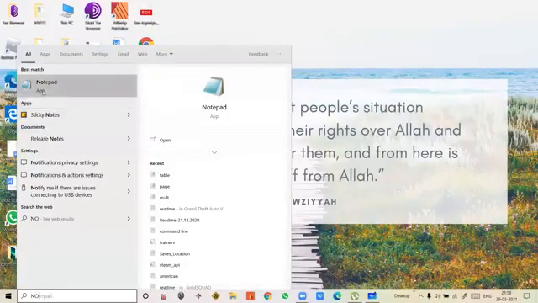First of all, you have to start Notepad, because you know that for doing the practical in HTML5 you have to use Notepad. This is the text editor.